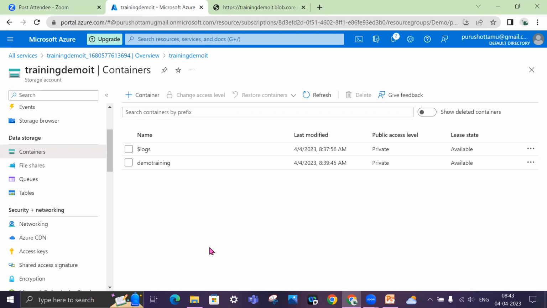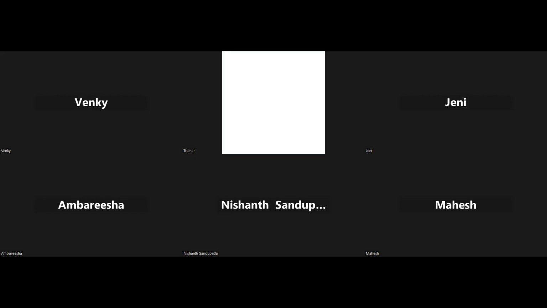As part of today's session, we have created the storage account and the containers. We'll be using this storage and containers, bringing some data here, and then using it in our ADF pipeline. That will follow. We'll create some more stuff tomorrow and talk about how these storage account containers can be leveraged in ADF pipelines.